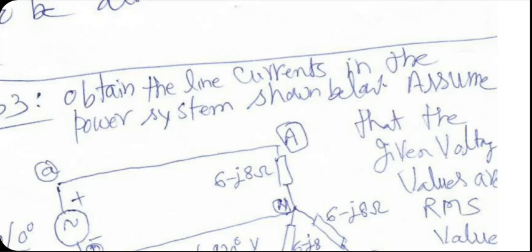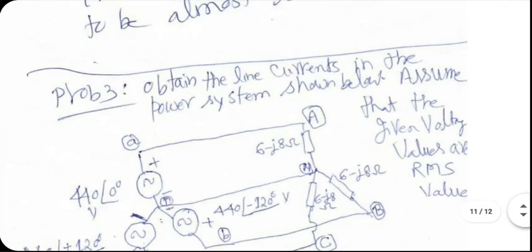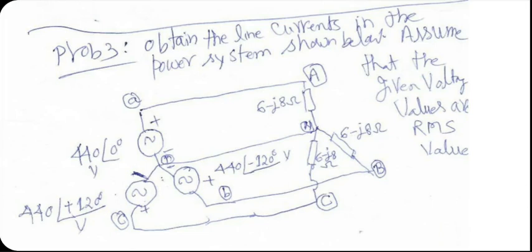Okay, now they want line currents. Again, calculations. And the system is now slightly different. 440 volt is the value of each phase voltage, and I assume it's RMS. It is positive phase sequence again. Lines have no losses, fortunately, which is nice. Load is balanced, 6 minus j8 ohm throughout, which is also nice. So this problem should be simple actually.